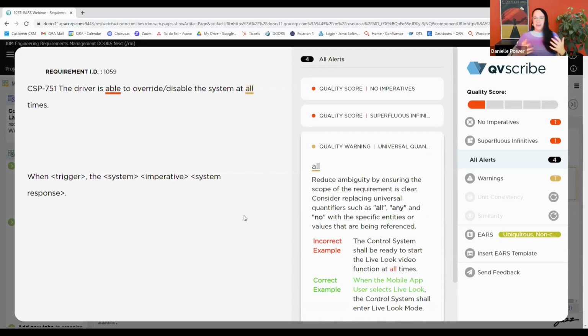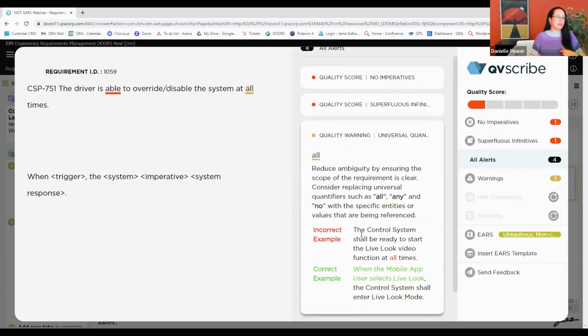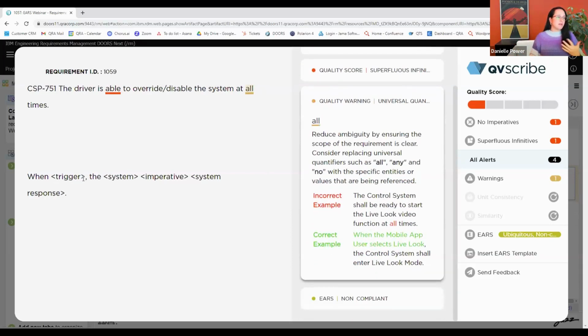Do we really want to give the driver the ability to override the system at all times? That's very difficult to test. So I think we need to be more specific with our requirements. So I'm going to rewrite it from a situation that I know how cruise control systems work. So usually when this is the trigger, when the driver sets the